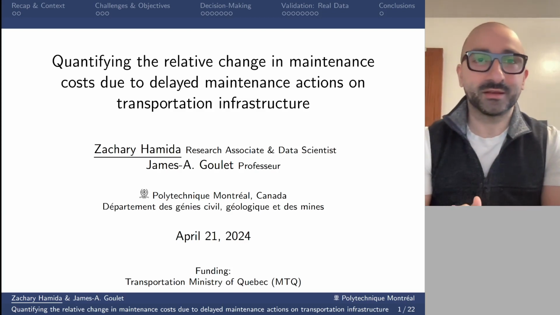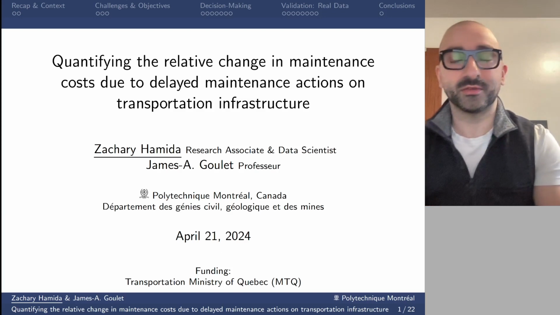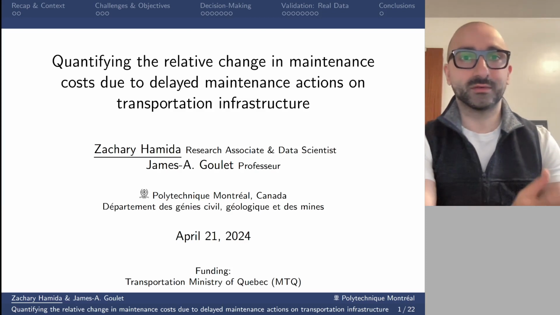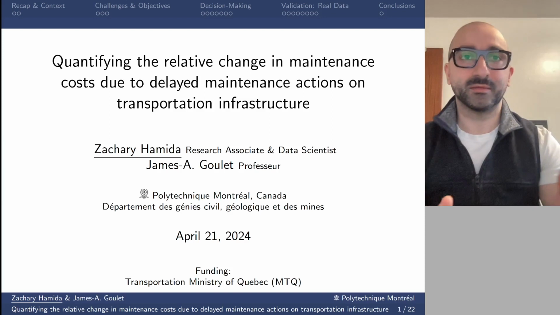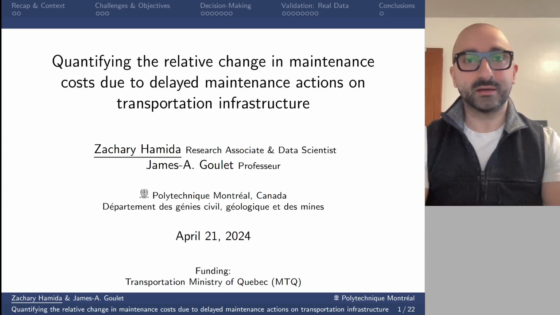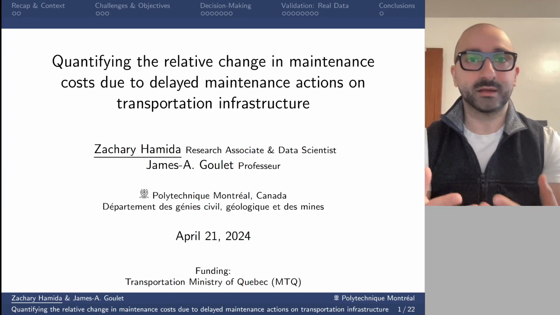When it comes to maintenance planning on transportation infrastructure, such as a network of bridges, it is often the case that decision makers face challenges relating to adapting to certain realities. And those realities could, for example, prevent them from following a certain optimal policy. So, for that reason, a decision maker might need to know what kind of costs they are dealing with